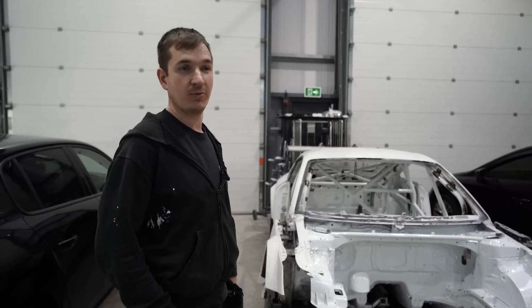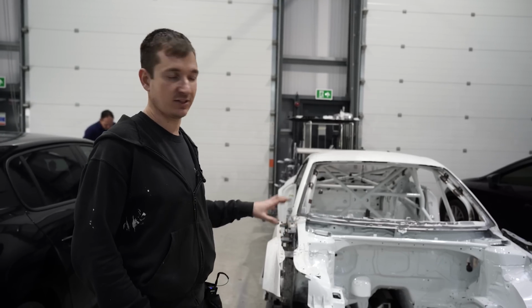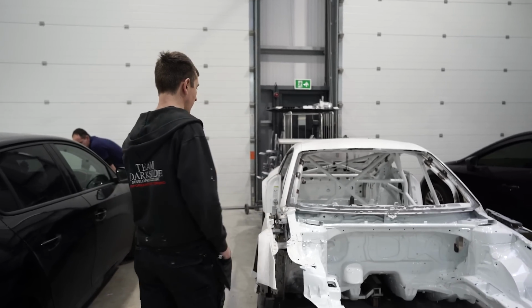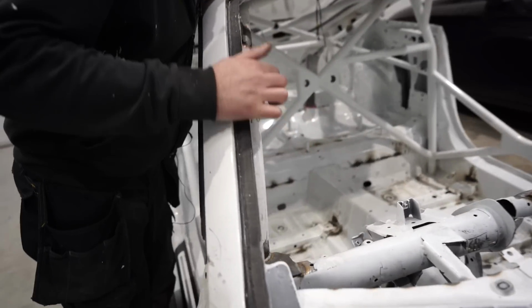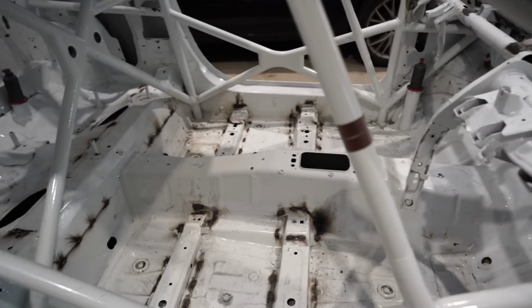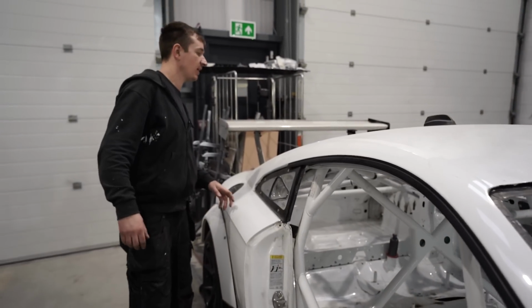So, just in the body shop now, the TT engine bay has been done. So this is just waiting for the diesel engine to get slotted in, check everything fits. Then it's going to come back over and we're going to get the rest of the interior painted. So we've seam welded all this. Because it's aluminium in the roof, we've had to bolt little tabs here. We've seam welded everywhere we can, bolted tabs all over the place here, which is obviously going to help